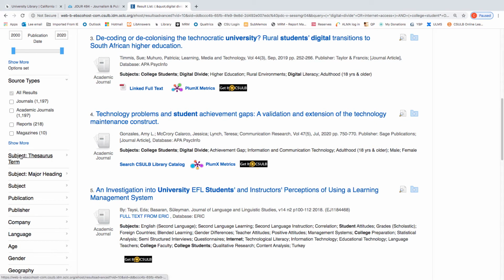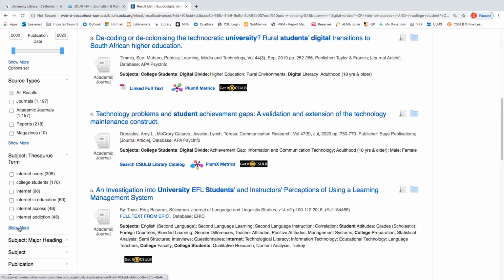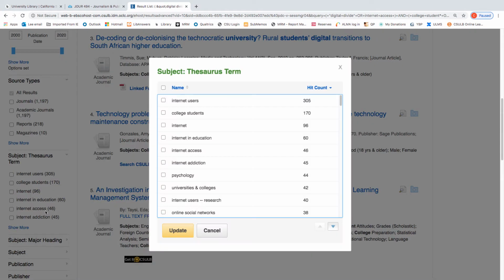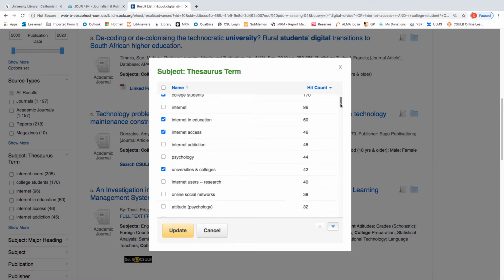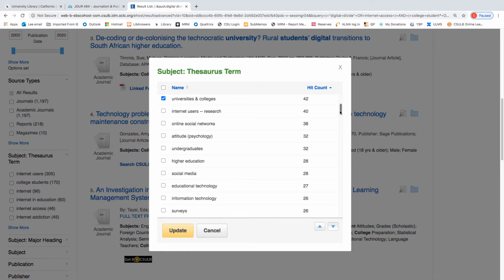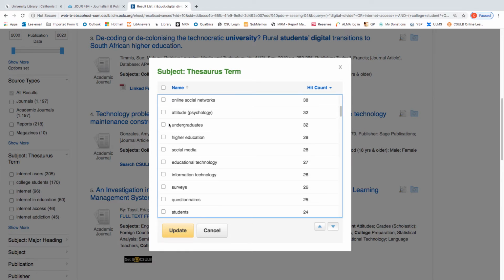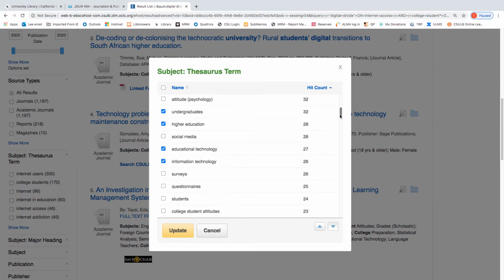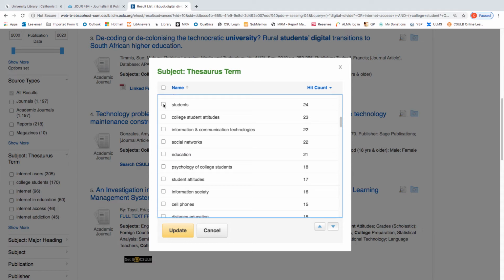Then we're going to return to the subject thesaurus, clicking Show More. And we're going to do college students and Internet in education and Internet access, universities and colleges, maybe undergraduates, higher education, educational technology, information technology, students.